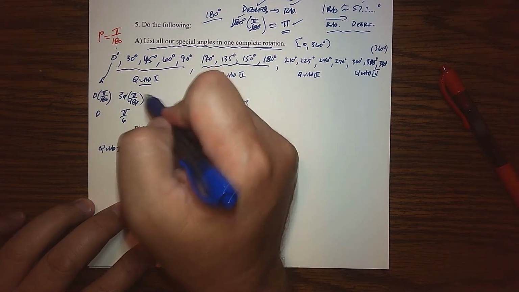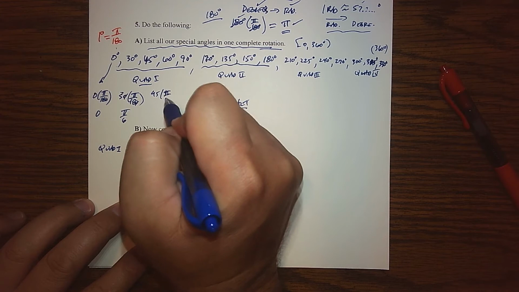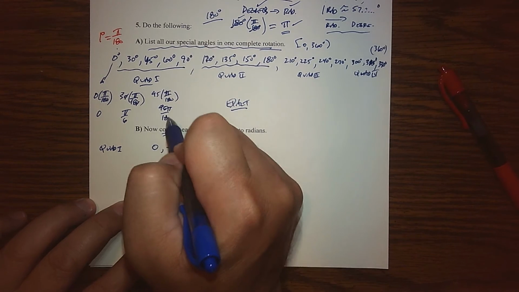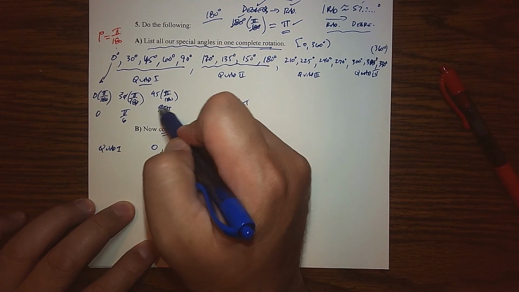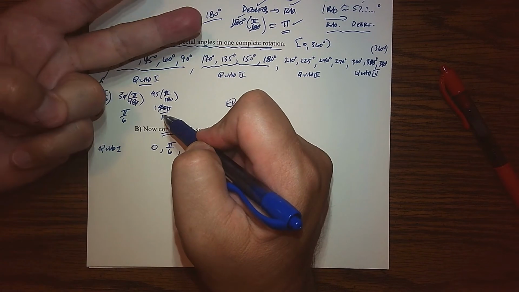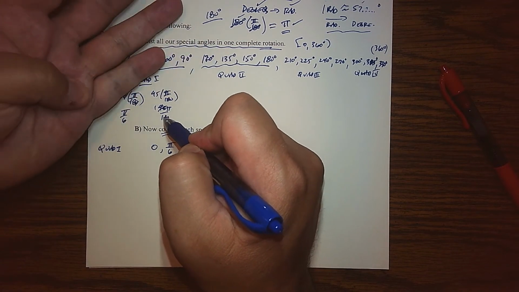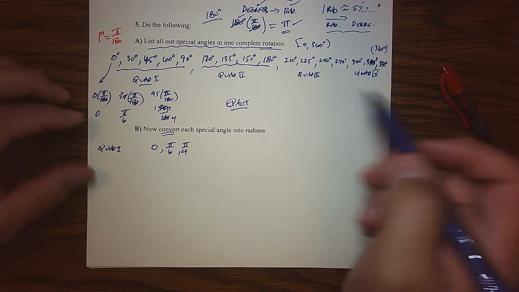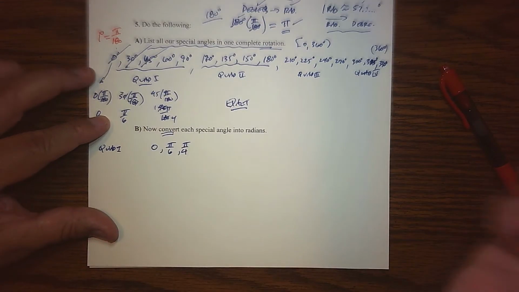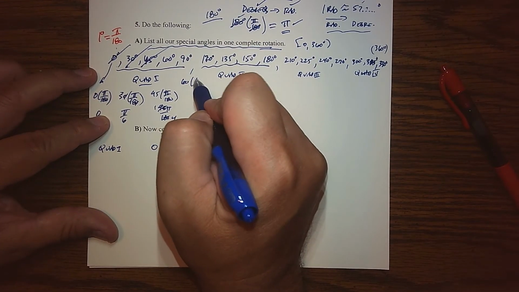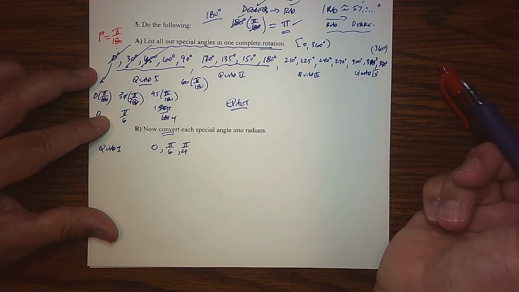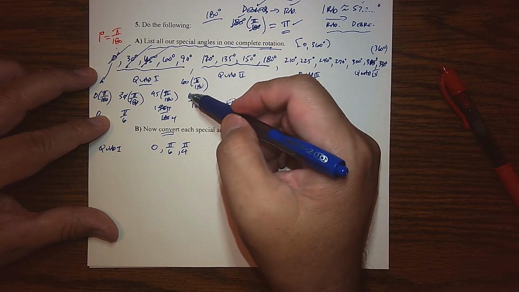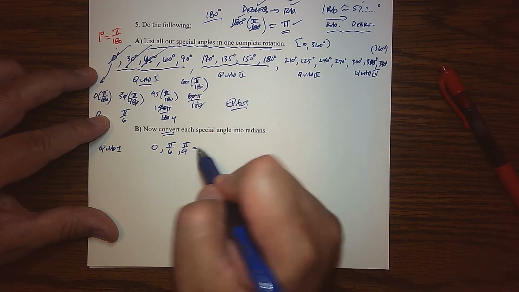And then going to 45 degrees, if I multiply by pi over 180, again we have 45 pi over 180. And then 45 goes in itself once, and then 45 and 45 is 90, 45 and 45 is 180, so we got 4. So that corresponds to pi over 4. So we've got that one, and that one. 60 degrees, well again, multiplying by pi over 180, this becomes 60 pi over 180. The zeros cancel out. 6 and 18 share 6 in common, so we end up with